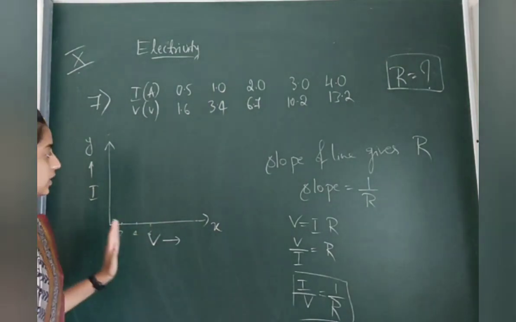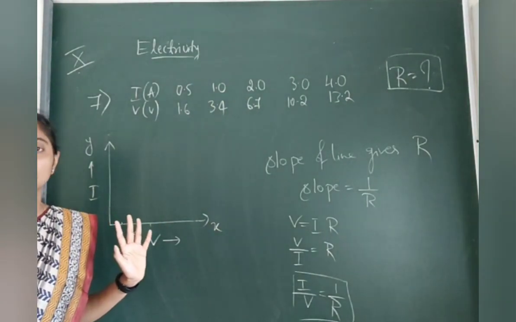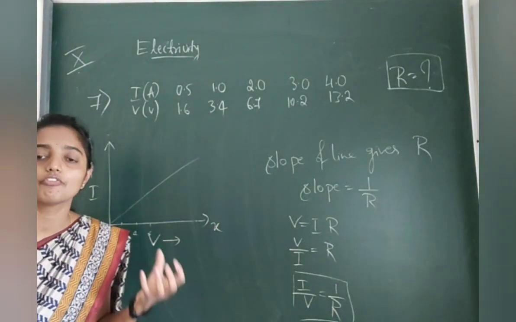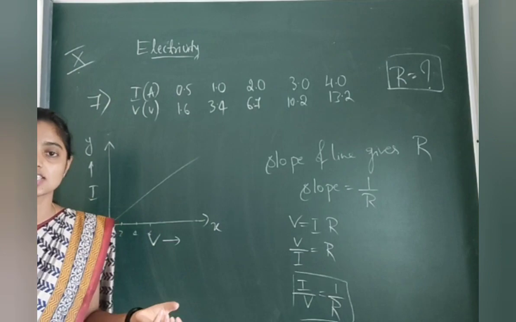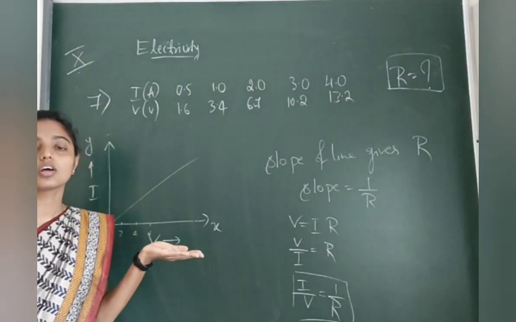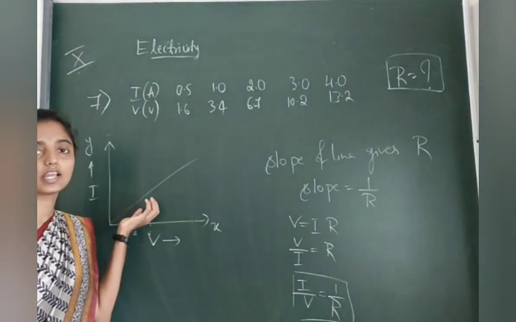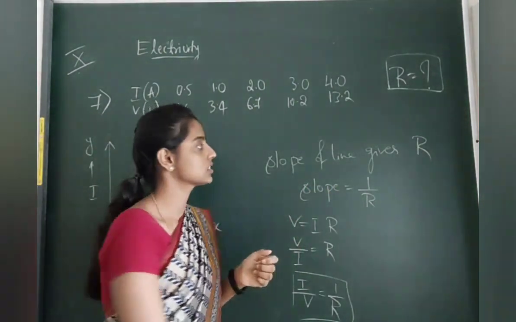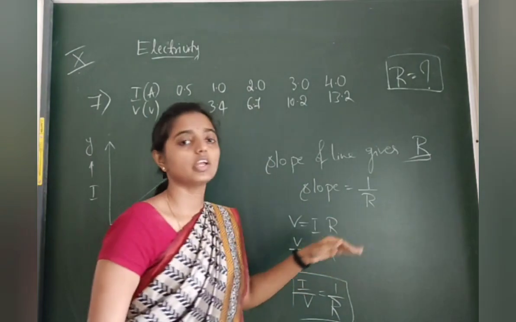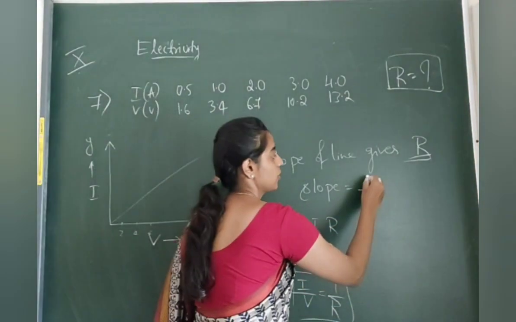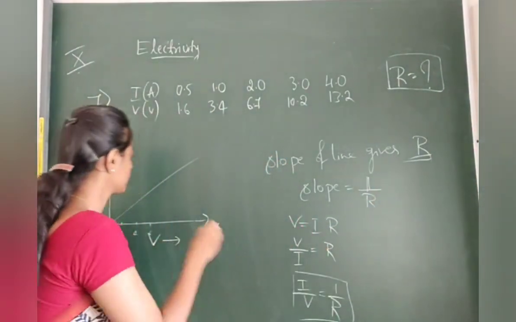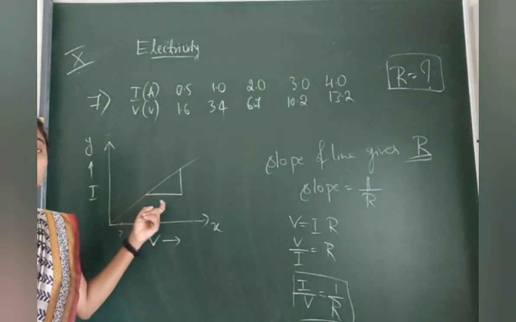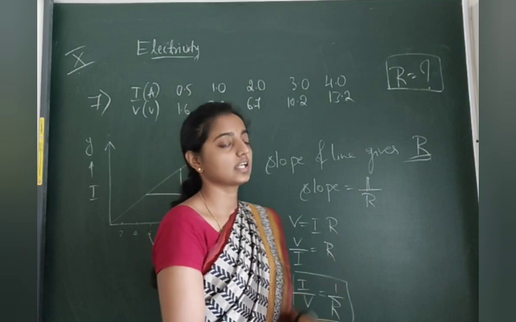After that, we know from Ohm's law what we will get. The resistance, that is what? A straight line. Now we need to get a value of resistance. That means we need to find out the slope of this linear line to get the resistance value. So here the slope of a line gives us resistance. Now here we are taking the slope as 1 by R. Any random slope you can take from anywhere. So the slope we are getting is 1 by R.